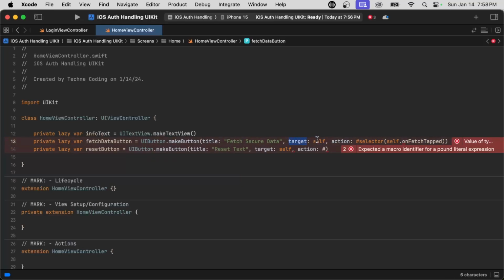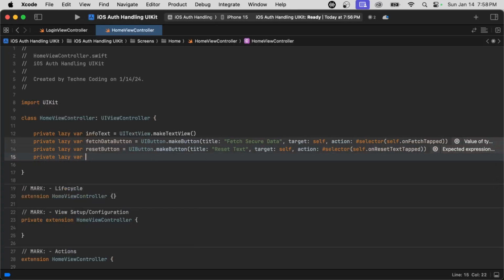Target just means what object does this function actually live on. And the selector, this is a fancy way of defining a function reference. So that's why we're not actually calling the parentheses. Went over this a bit in the last video, but just as a refresher, that's what it is. So we're going to say self dot on reset text tapped